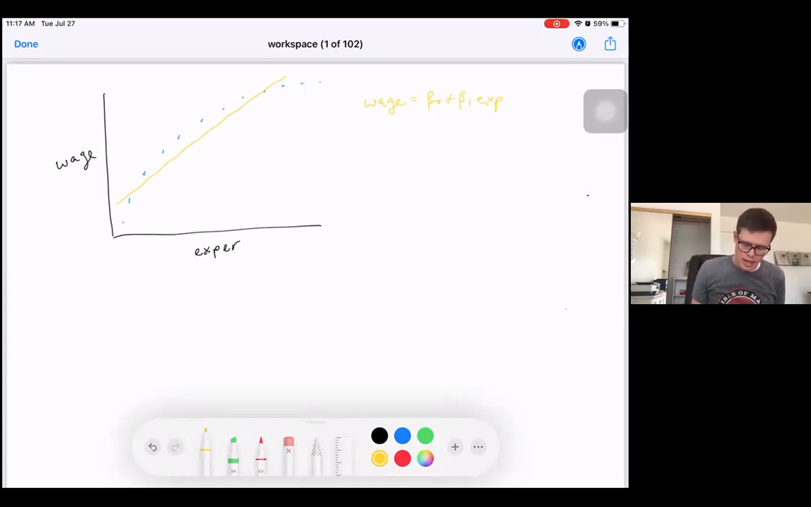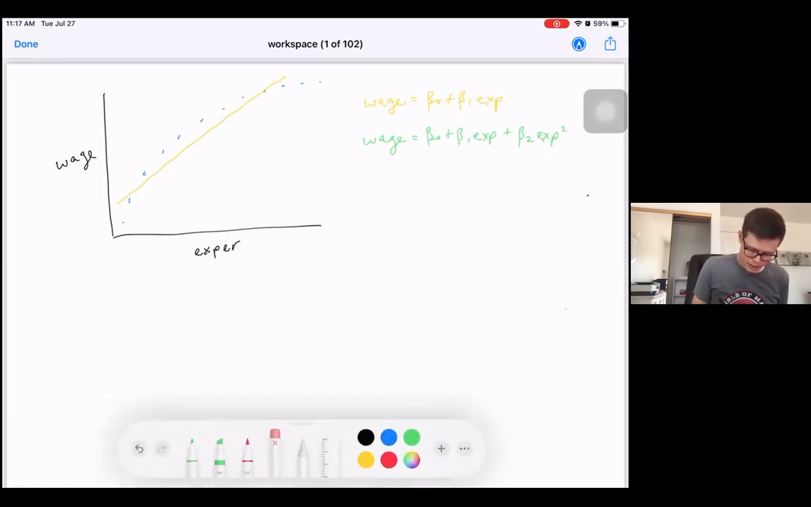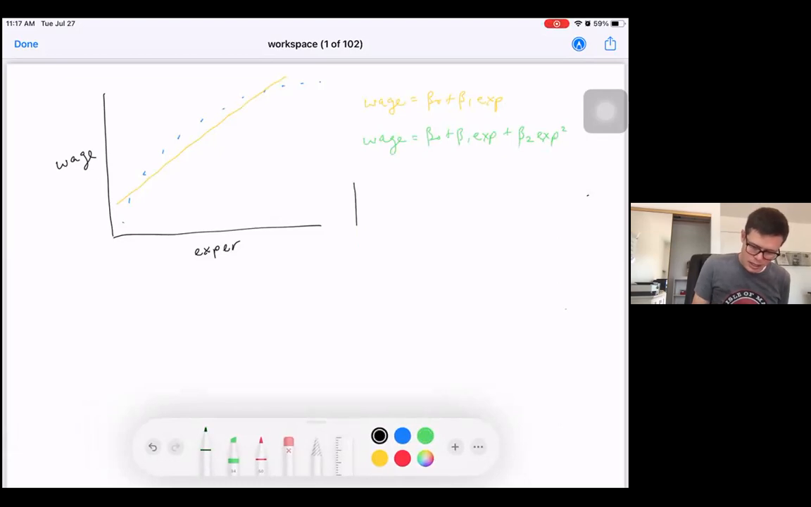So what we do instead is we estimate a slightly different regression, which is wage equals beta naught plus beta 1 times experience plus beta 2 times experience squared. So all we do here in the data set is say we had a data set that was something like,